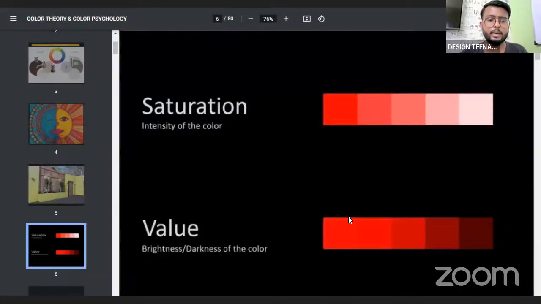So whenever you see a color, there is a term for value as well. The increase or decrease in value depends upon the addition of black and white to that color. We call that tint. So increasing shade turns it into complete black, and increasing the tint turns it into complete white. That's what we are talking about here.